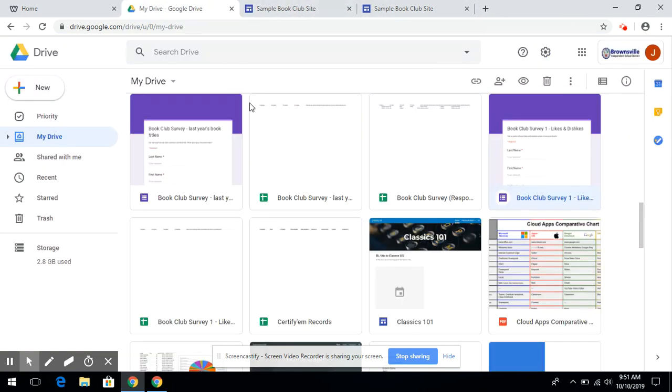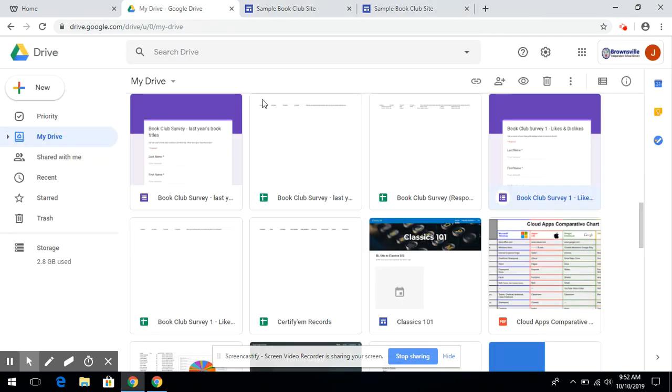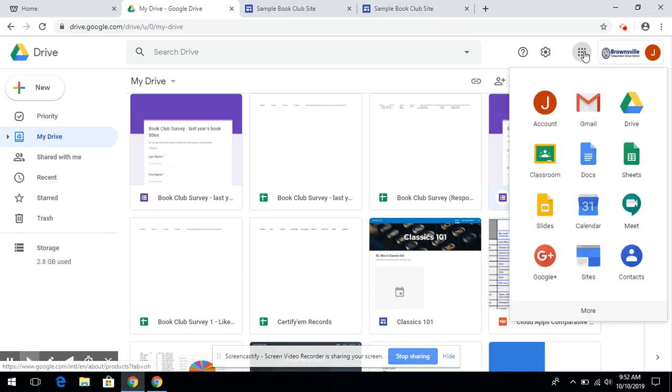The other thing I wanted to talk about was the calendar. So our calendar looks nice and neat, and it's displayed. But you have to do something very important to make sure that this doesn't appear like with a lockbox and it looks funny. Because in order to allow it to be displayed, you have to set a permission. So if we go back to our drive, you see the little dots, always very useful. You click on calendar,